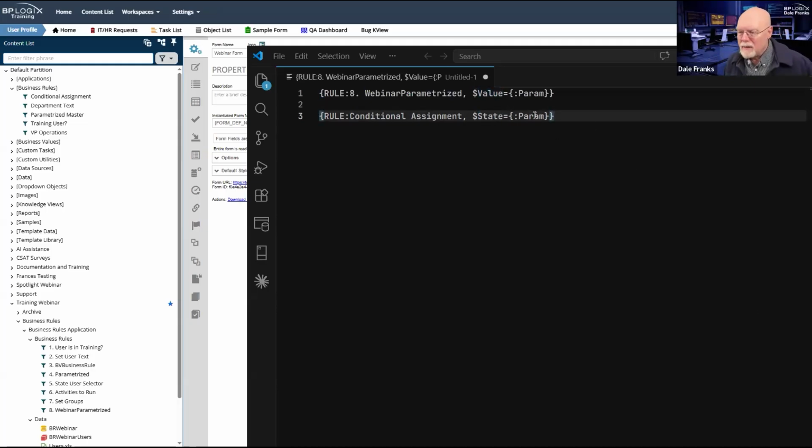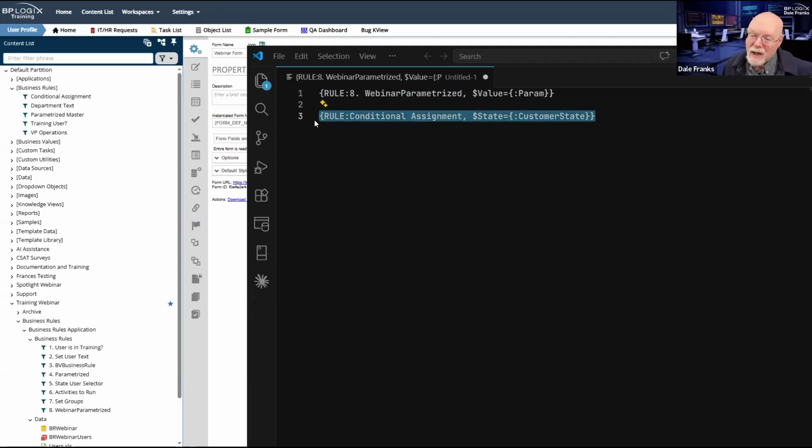And then it might be a form field, say customer state is my form field. I need to assign the appropriate account manager for whatever state my customer is in. So I've got a form field called customer state, and that is what is going to be used to pass the state parameter to the conditional assignment business rule.